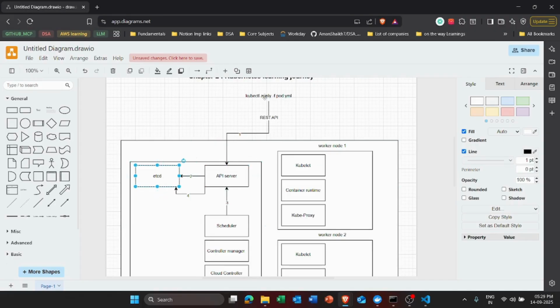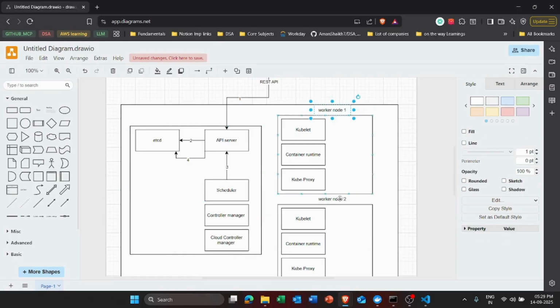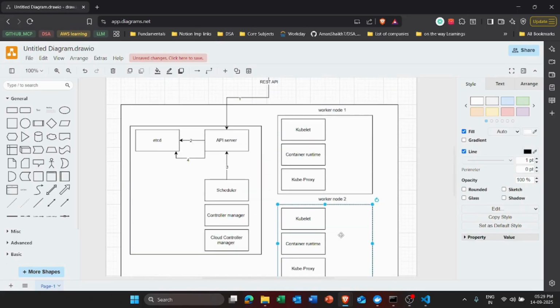The API server will sync with etcd to check if there are any unassigned pods, right? Since it got the unassigned pod, the API server will go back to the scheduler and say, "Hey scheduler, there is one unassigned pod." So the scheduler will do its job now. It will check the worker nodes. Since there are multiple nodes, it will check, okay, node number 2 has some less load,